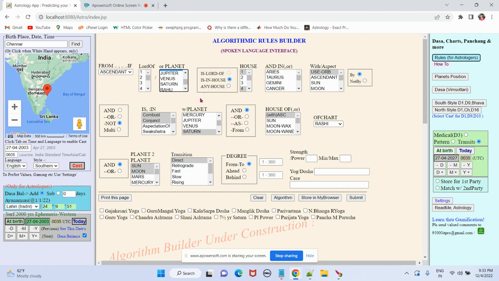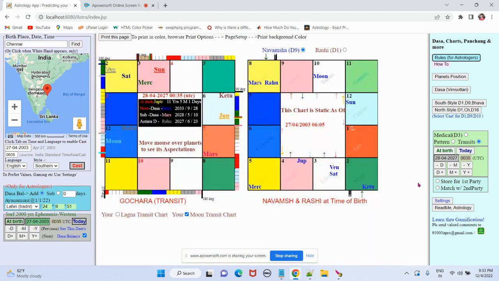You can choose any of that, and then you can choose either you don't want combustion, or you want combustion, or you don't want conjunction, or you want conjunction. This is the power of rules and algorithms for you.